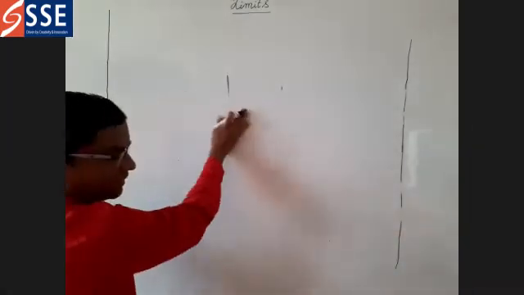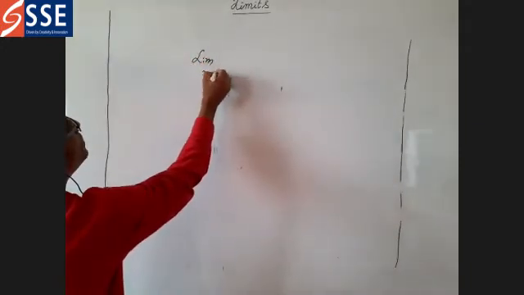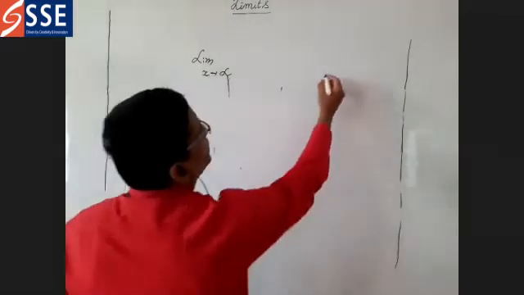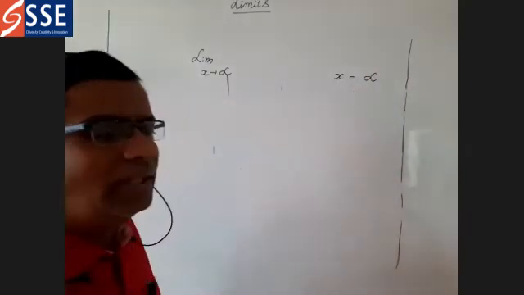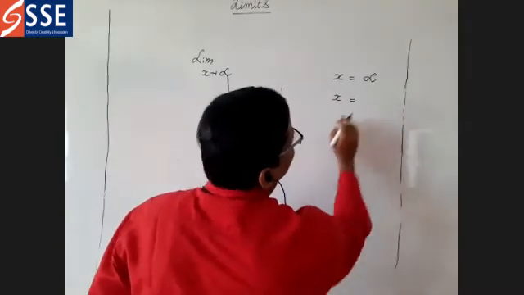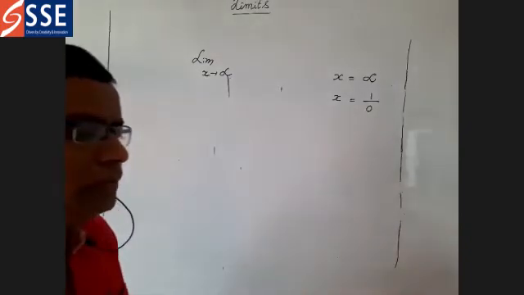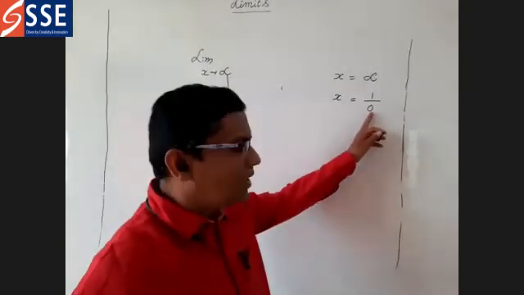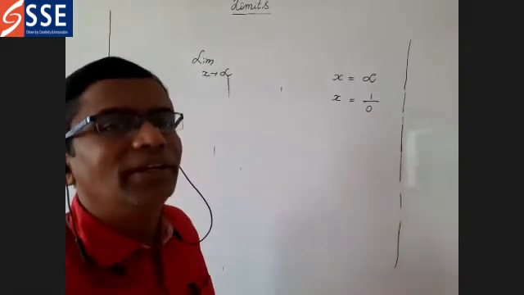Now you can see here, sometimes the question may be asked like that: limit x tends to infinity. What is the meaning of x tends to infinity? You want to substitute x is equal to infinity. I am just writing infinity as 1 by 0. Am I right? 1 by 0 is always infinity only, because with the denominator 0 it is undefined. That's why you are taking this as infinity.